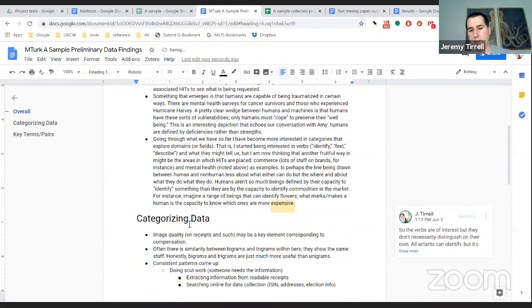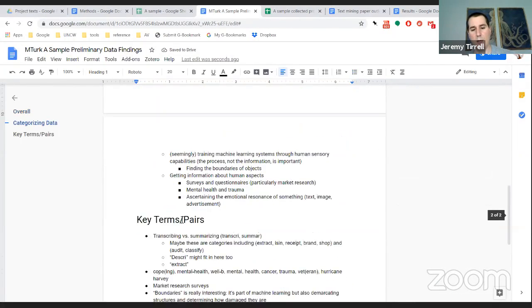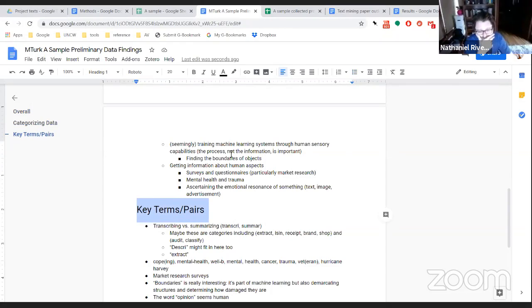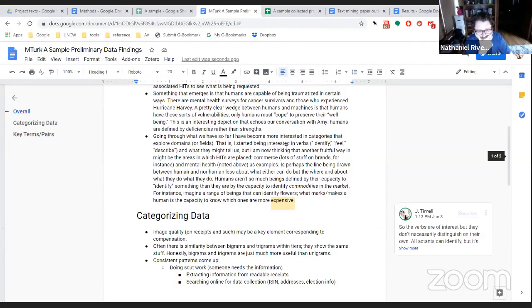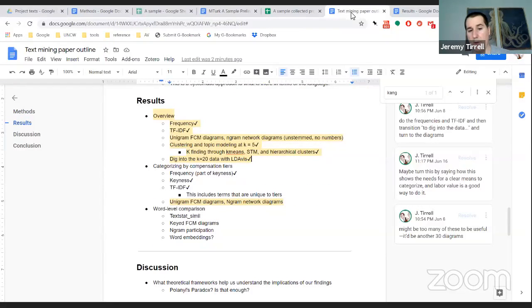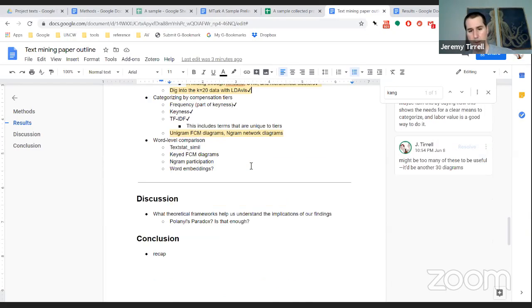This is categorization tiers, and this is word level stuff. Okay. So it follows the breakdown in the outline. But if you have other things to fold in here, just let me know, and we will. And then also,